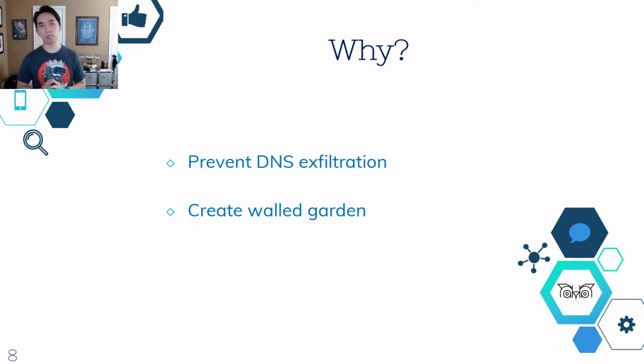What is DNS exfiltration? So let's presume that someone got access into your resource within your VPC, and now they want to extract the data without being detected. One of the ways that they can do it is to pack the data, or pieces of the data, in a DNS query and send the query to a domain that they own. So on the outside, it will look just like regular DNS traffic, and after the DNS queries go out to the domain, they can compile the packets, and they will have the complete set of data undetected. So that's the first use case, and I think that's the most popular one.